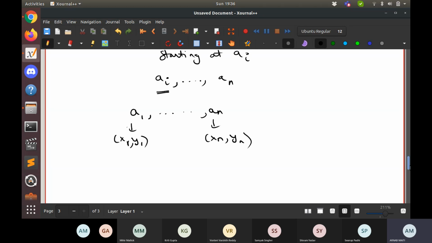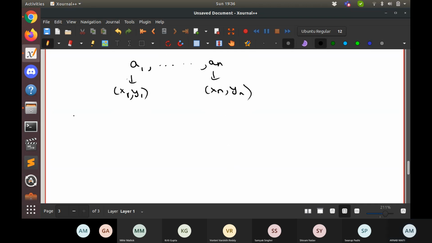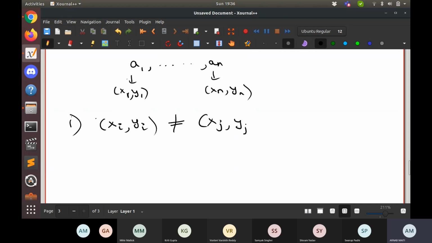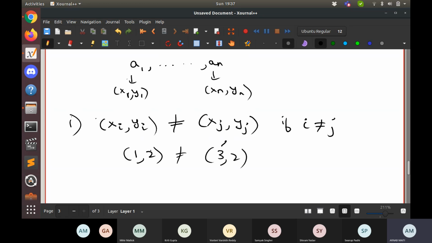Now we can observe a fact: xi, yi won't be equal to xj, yj if i is not equal to j. By not equal, I mean they will differ in at least x or at least y. For example, (1, 2) is not equal to (3, 2) because they differ in the first position.